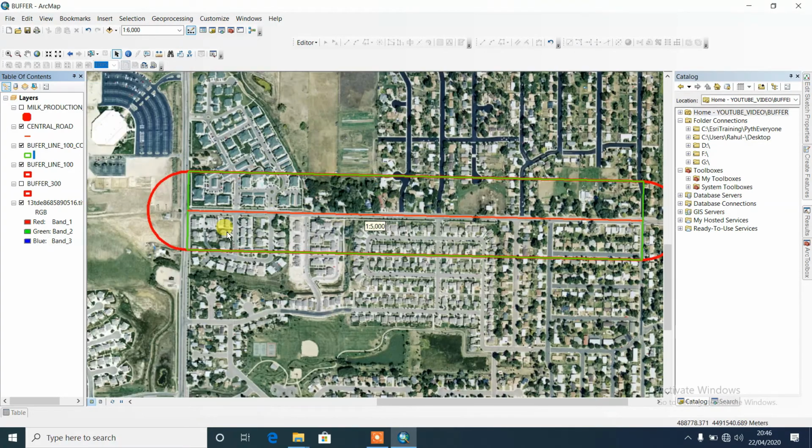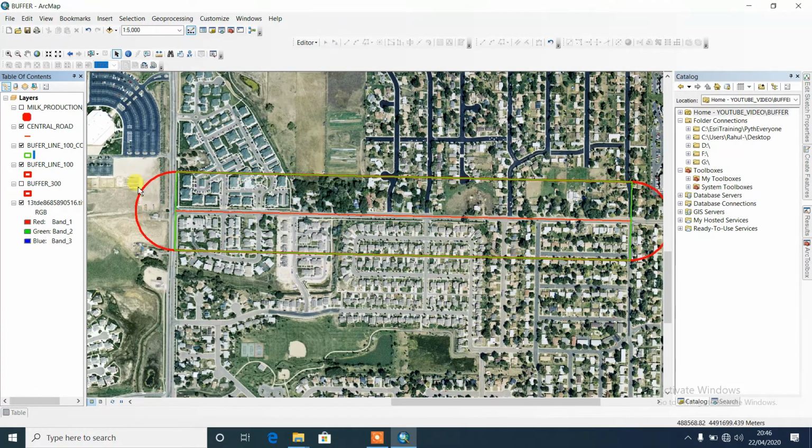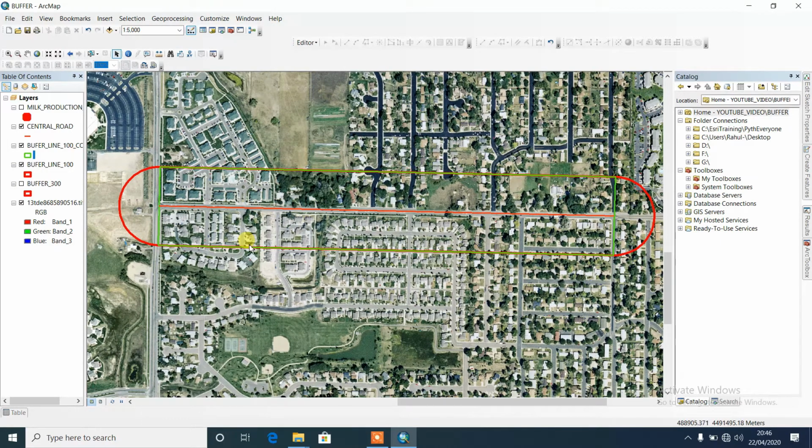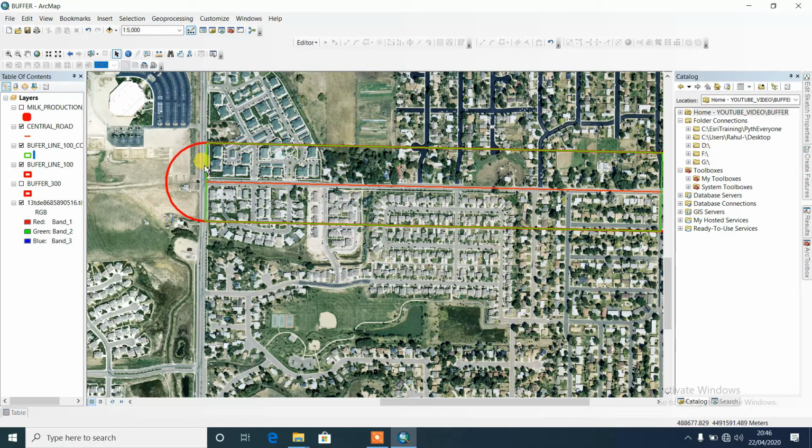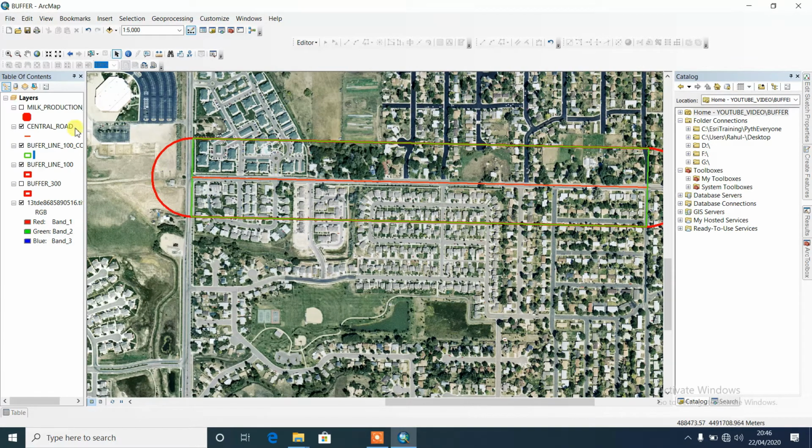See, this is my output for flat. In the case of flat, it's just taking along the line, this side. But in the case of round, it's also taking the same distance from here. This distance and this distance are equal. Generally, for road analysis this flat type is necessary rather than the round type.